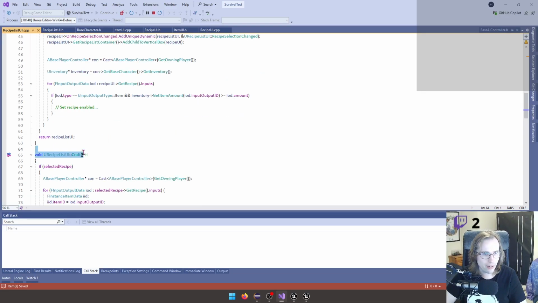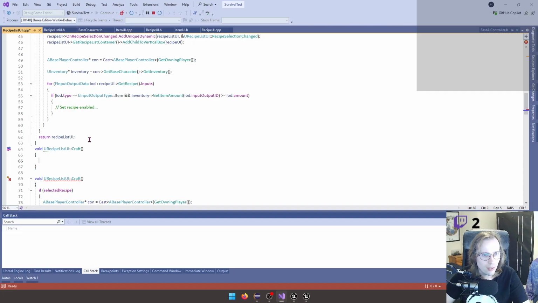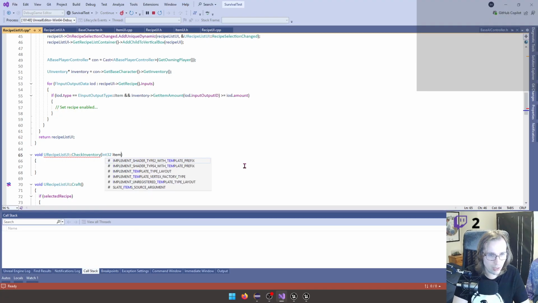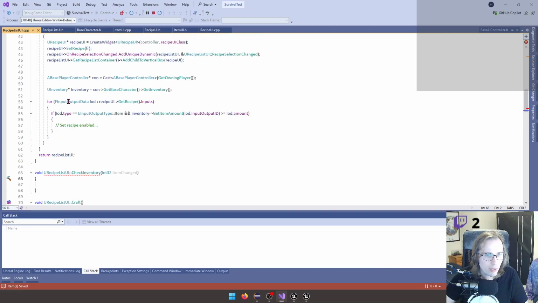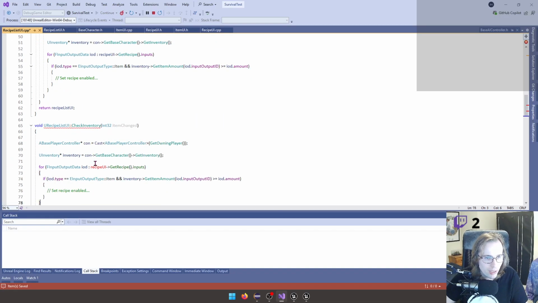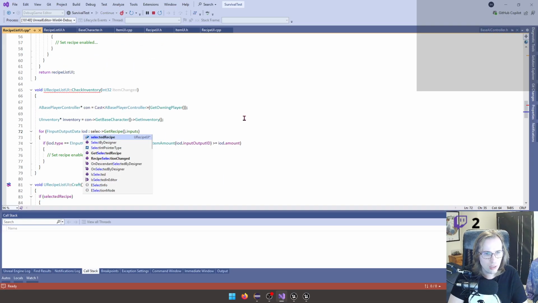So I could have something like this, and this would be check inventory, and this would be int 32 item changed, and then we would have the same exact concept here, but instead of this, so this would be